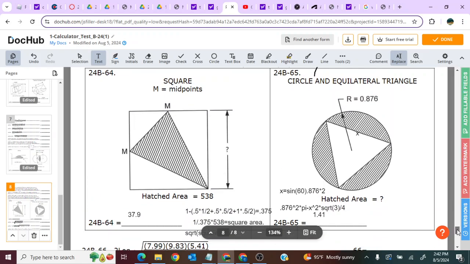Okay, almost done. 65. A circle with an equilateral triangle. Find this hatched area. Well, this is a triangle inscribed in a circle. Since it's an equilateral triangle, let's just figure out the side right here. If I draw a triangle right here, you can see that this side, wow, very nice triangle. This is the hypotenuse, so this side is,